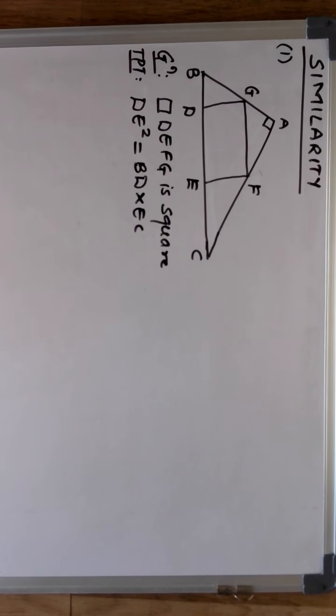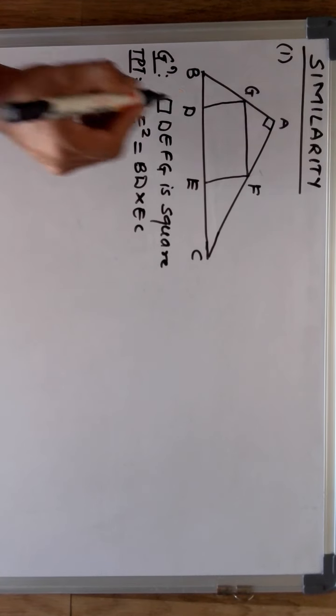I have drawn a figure, though I have not written it completely, but it can be very clearly understood that there is a triangle ABC in which angle A is 90 degrees. Now the most important information over here is that quadrilateral DEFG is a square. So I will not think of anything else and just use that information.